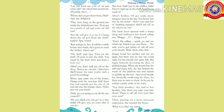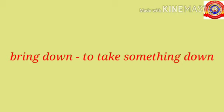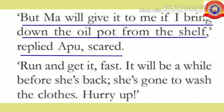Now all of you take page number 28 and identify the phrasal verbs. Students, look at this paragraph. Can you identify the phrasal verb here? Yes, bring down is the phrasal verb in this paragraph. Now let's go through its meaning. Bring down means to take something down. Now read that sentence. But Ma will give it to me if I bring down the oil pot from the